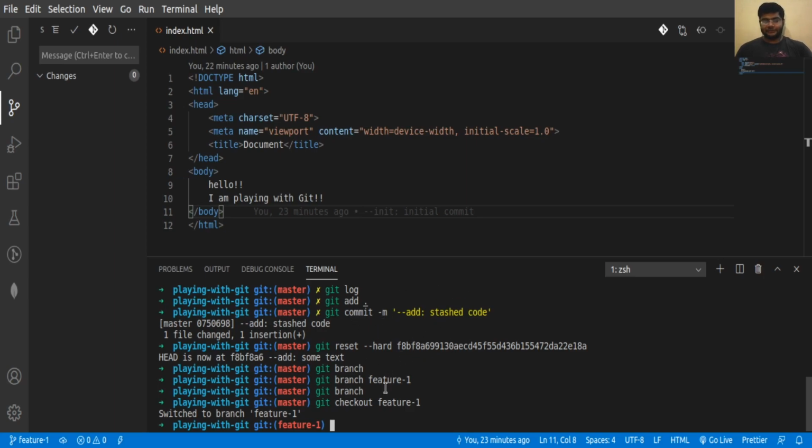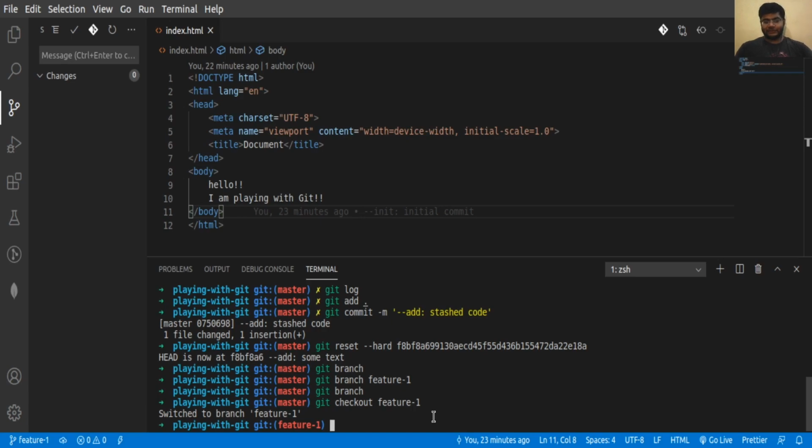Whenever we are creating a branch, the branch will be created from our current code base. Currently we are on master, and if we create a new branch from our master, the feature 1 branch will initially have the same code that is present right now in our master. So at an instance of time, if you create a branch, you will find the code that is presently in your working directory committed in your new branch. If some changes are unsaved here, you have not committed these changes, and you check out a branch, then these uncommitted changes will also move to your new branch.